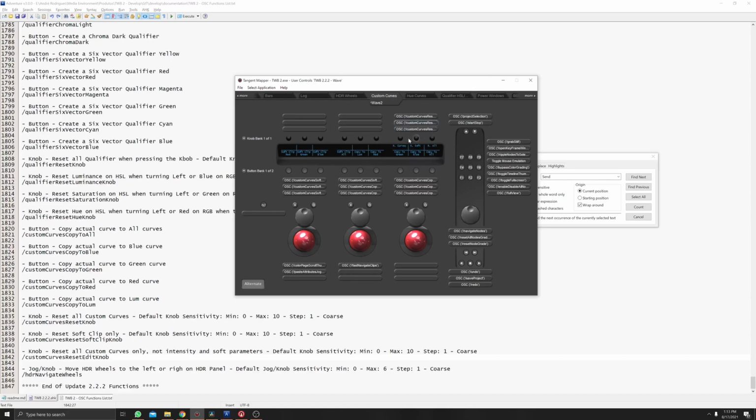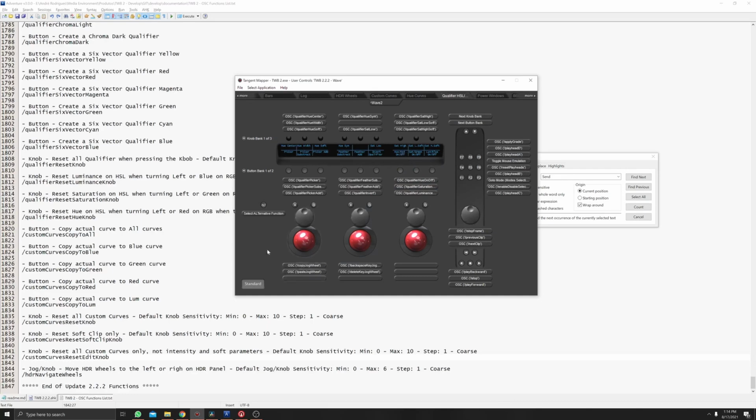You're gonna use these knobs here, just pressing them. And on the buttons now we have these new functions. This will permit you to copy one curve to another curve. So you just press the buttons and you will copy from whatever curve you are to the blue curve or to the green curve or loom, etc.